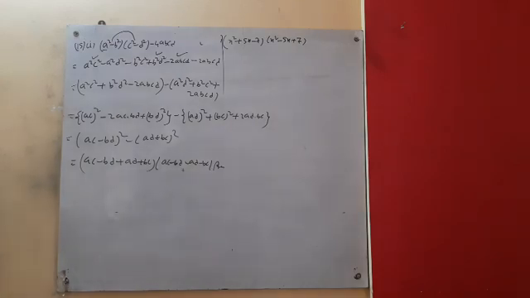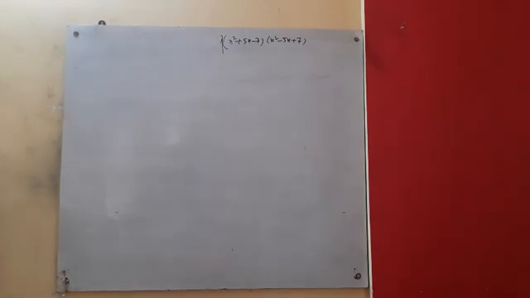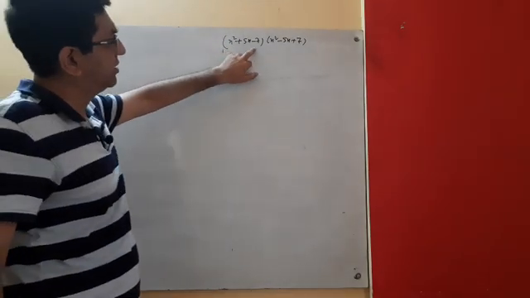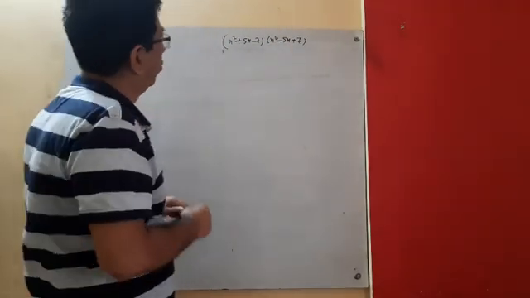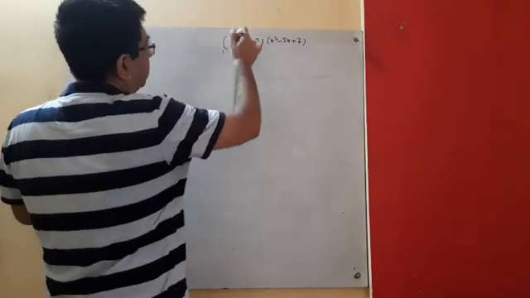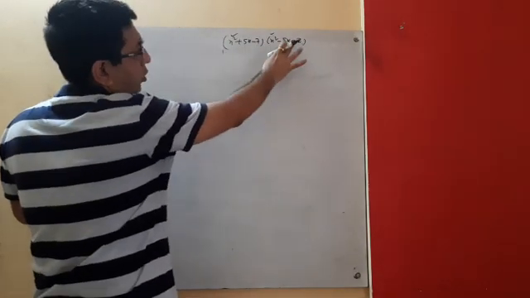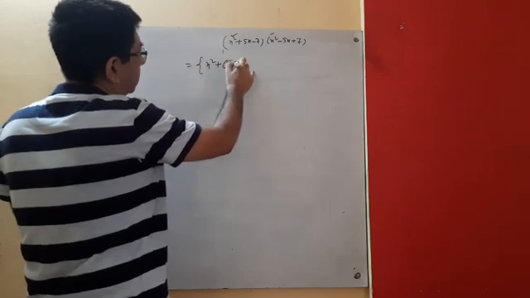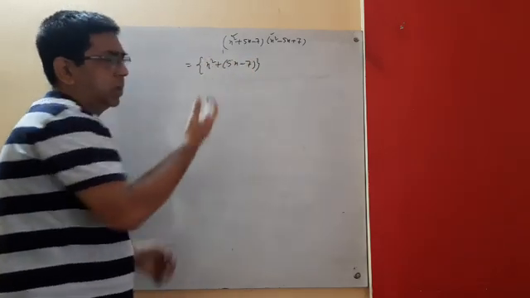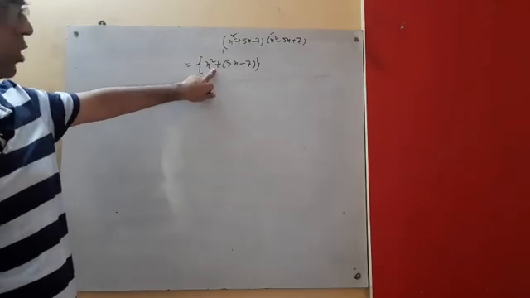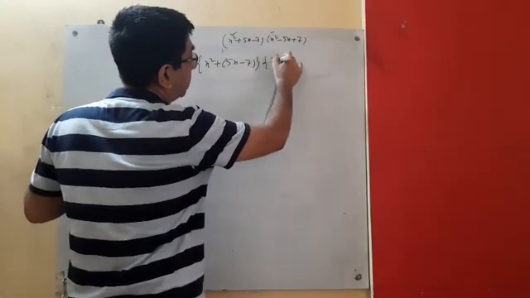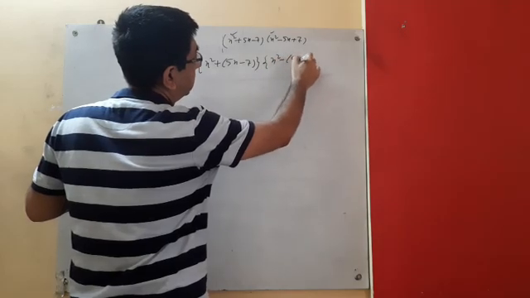So this is the answer. Okay, now we go to the last one. This is the last sum, a very important sum. Look, x square plus 5x minus 7 and x square minus 5x. Look, which term is matching? Only x square is matching here with sign, and the other terms are opposite. So we can write this one x square plus 5x minus 7. Simply we can write, because if we take common plus sign or plus 1, there is no change. But this can be written as x square minus common 5x minus 7.